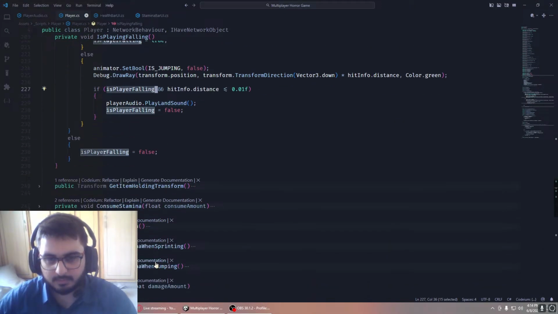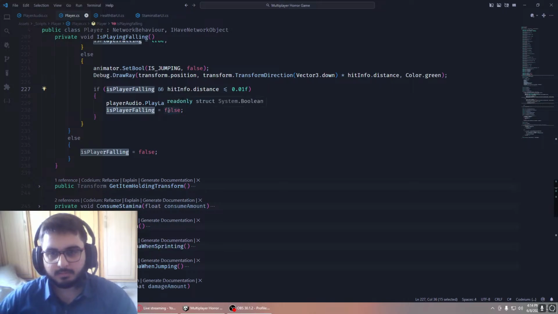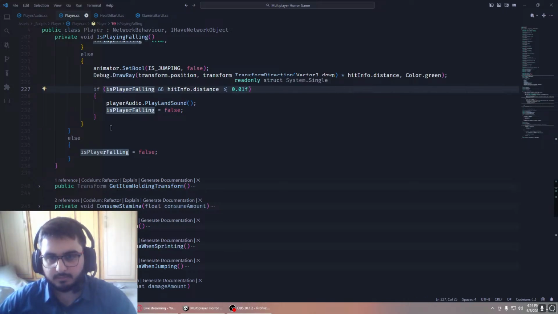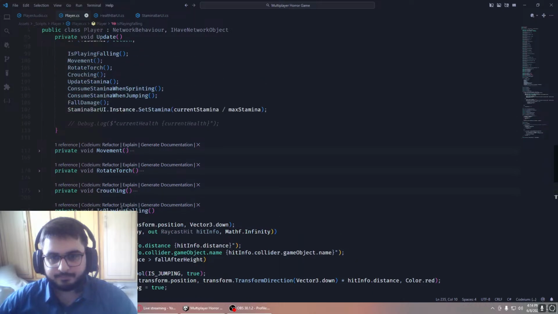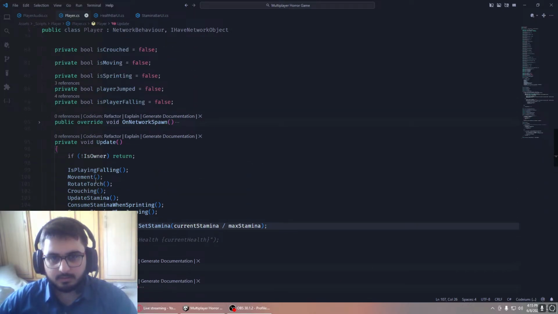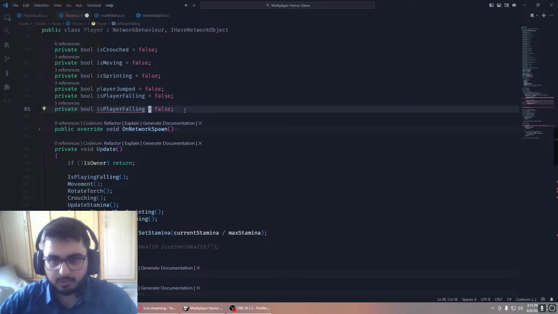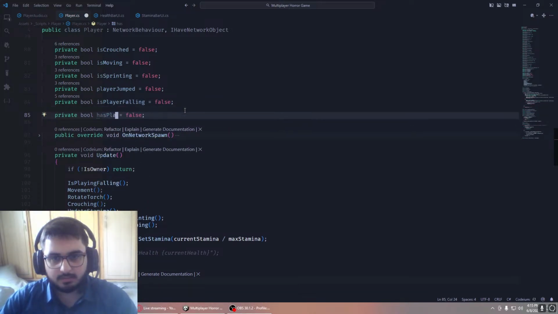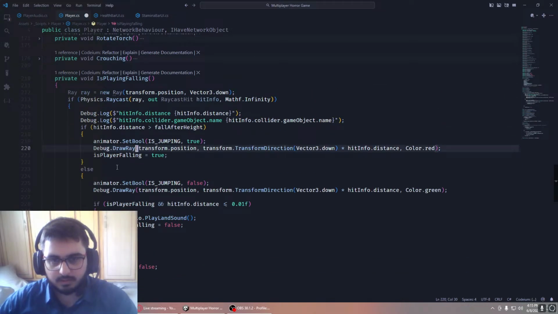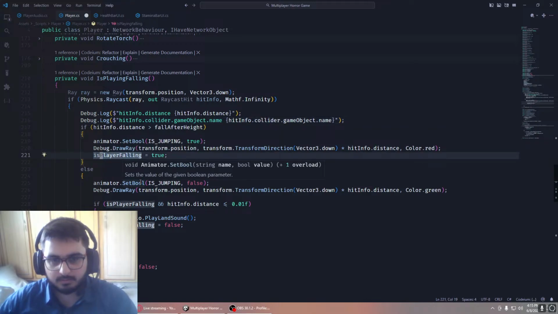Instead of is player falling, okay, I need the is player falling. Let's get another boolean variable here, has played landing sound, and when the player starts jumping, let's set the